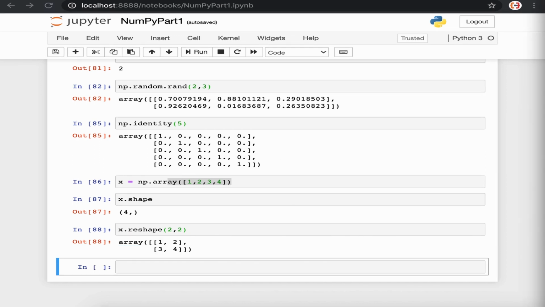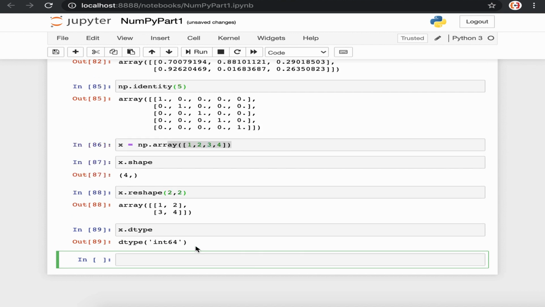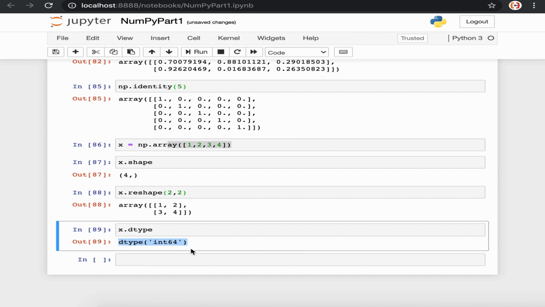Now to get the data type of any numpy array, we can use the dtype attribute. Let's execute this command on array x, and we can see the data type of this array is int64. We can get the max or min element of an array as well.